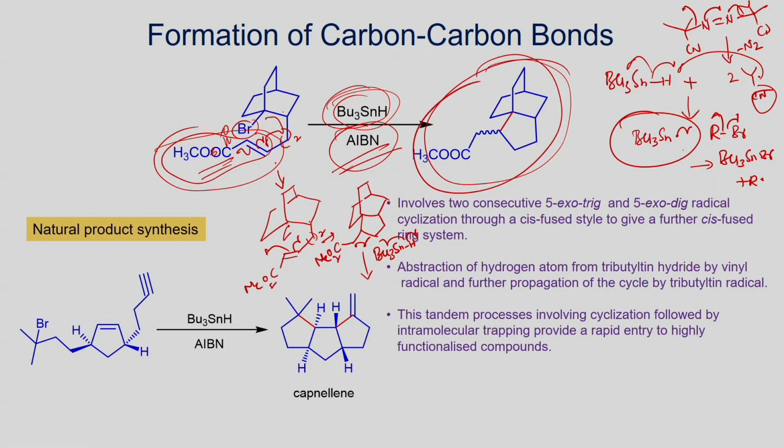So, this is an example of intramolecular reactions. Here you can have the ester or nitrile group, and the radical can readily undergo addition reaction. You form the radical here, that radical can further react with the tributyl tin hydride. In this way you will be able to get this addition product.